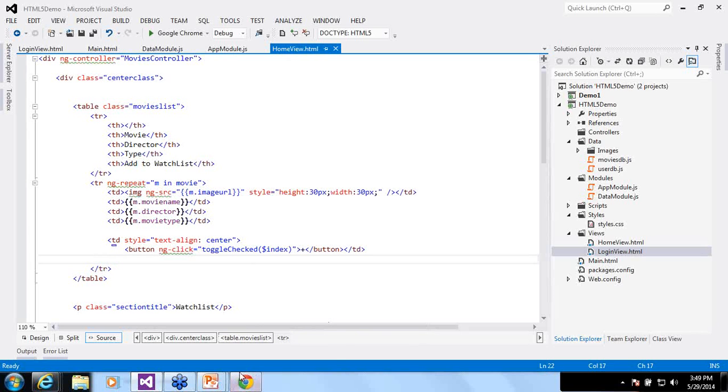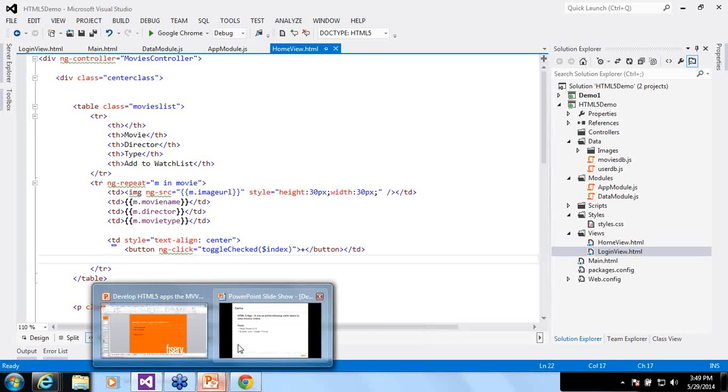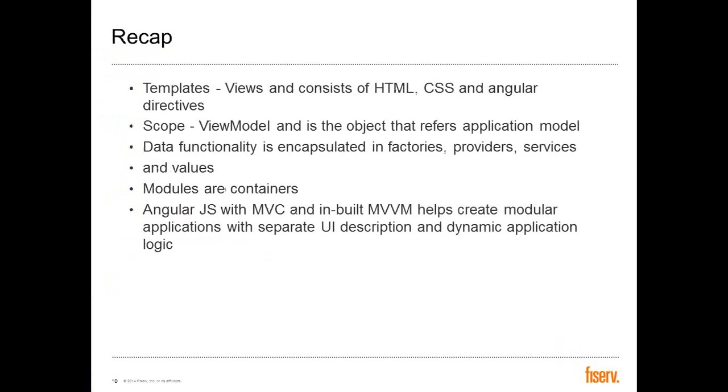And let me just go through the benefits and have a recap of how AngularJS allows us to build HTML5 applications in MVVM style. So the templates serve as the views, and they consist of HTML, CSS, and Angular directives.